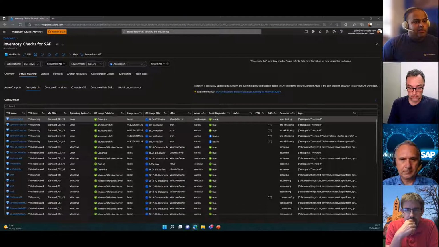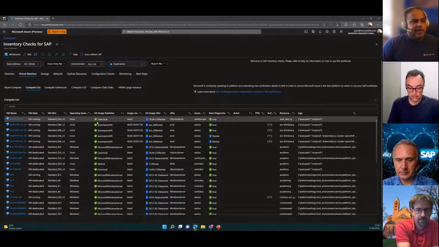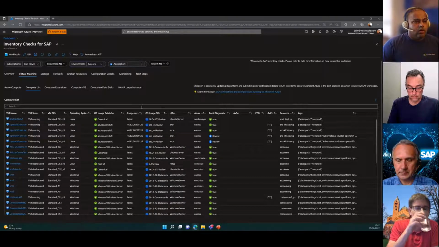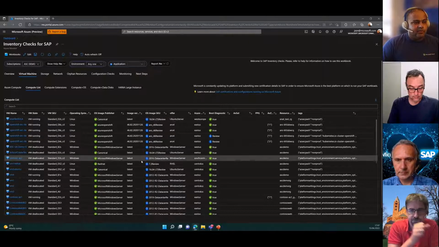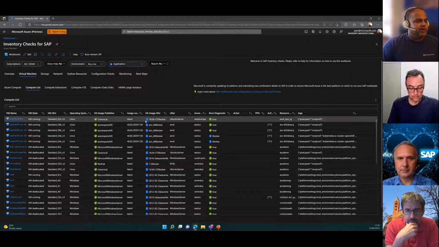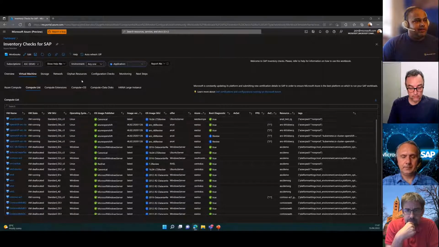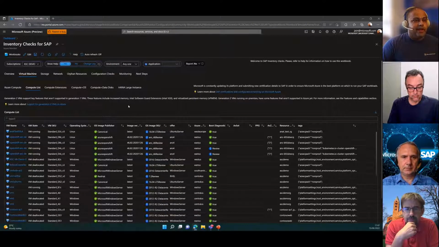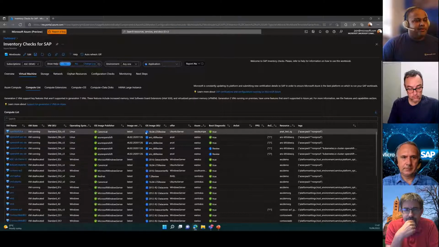Now you will see there are some columns where we are putting some logic to indicate. And under OS image SKU, you will see there's more information. For areas where the customer is not sure why Azure is highlighting something, you can simply go and say show help, and it will add more text to explain what's going on. It will also link to our Microsoft link, where the customer will really understand